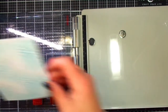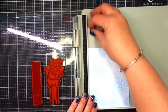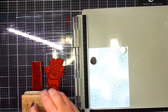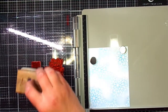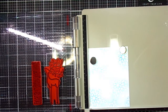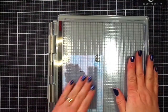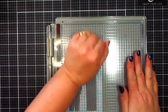Okay, so this is the one that we just created. It's a beautiful background. Super pretty, right? And let's go ahead with our ink and apply a little bit more ink. There's a little bit of ink on them already, but I'm just going to go over them one more time. Make sure that they have enough ink. Okay, here we go. Let's see. Make sure my magnets are out of the way. And hopefully this will look nice as a Christmas greeting